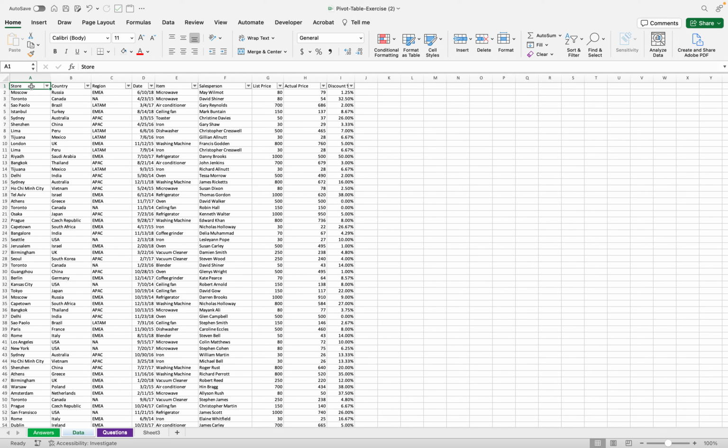So this first column is the store. So which city the store is located in, the country in which it is located, the region. So for example, for Brazil, the region is Latin America. The date in which